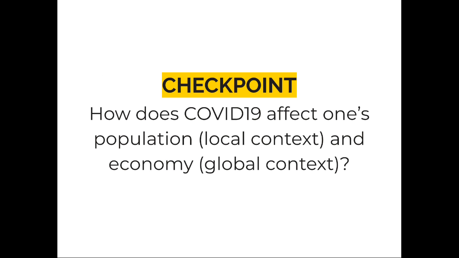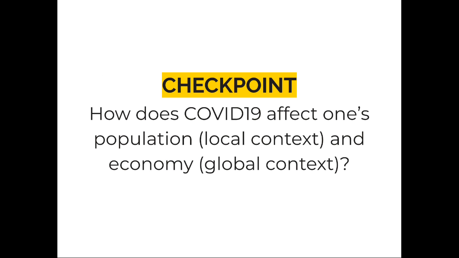Even they have to stop in several areas. So it will affect the economy. And remember that one country is connected with others, so it will affect the global economy. You can do your own research. And actually, we have used this context in our project, so you can elaborate more,